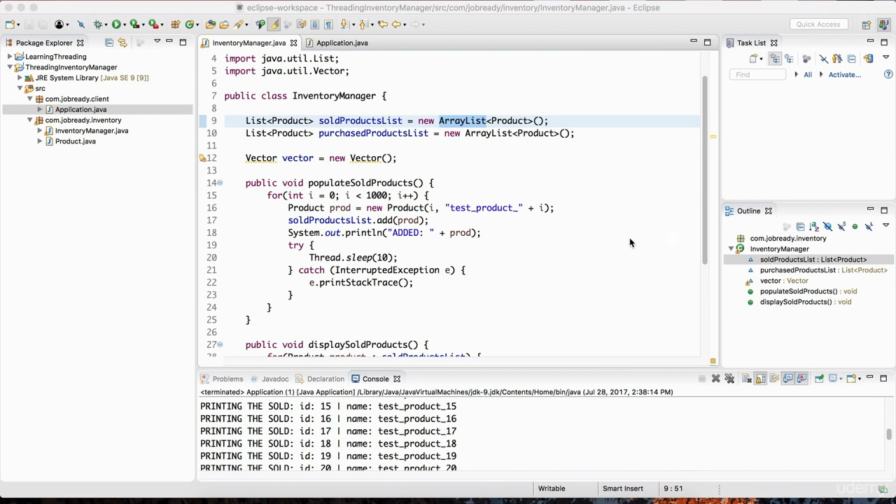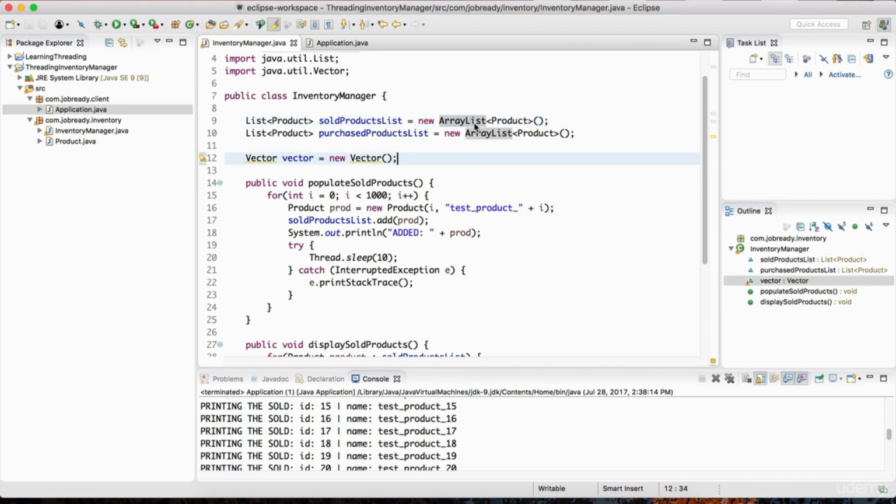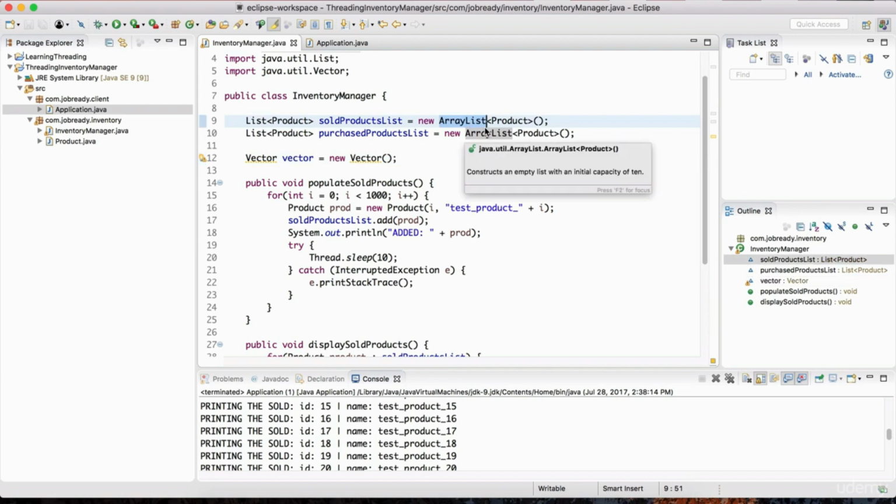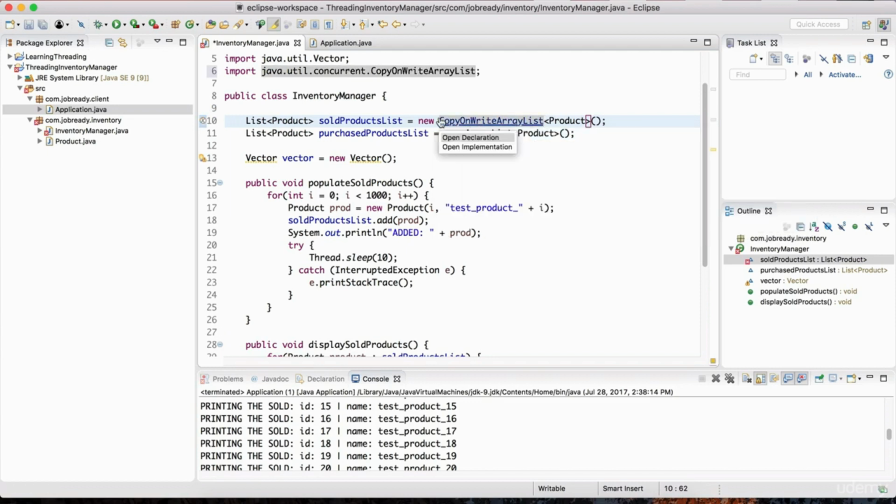But we're going to be exploring a concurrent collection in this lecture known as the copy on write ArrayList, which works very similar to the ArrayList, except the methods in this concurrent version are all synchronized. So let's actually use that. I'm going to change this ArrayList to the copy on write ArrayList. And do a Control-Shift-O to bring in the import, and you'll notice that this list is coming from the